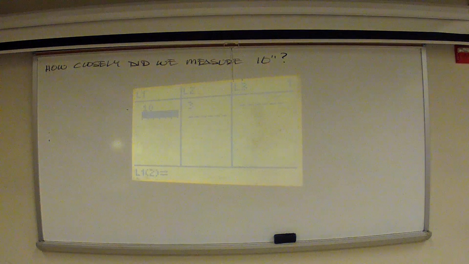So we got 9.5. How many got 9.5? We got 1, 2 of those. What else we got? 9 and an 8. 9.125. How many 9 and an 8 did we get? Just the one? Okay. What else did we get? 9 and 3/8. 9.375. How many of those did we get? Just the one.